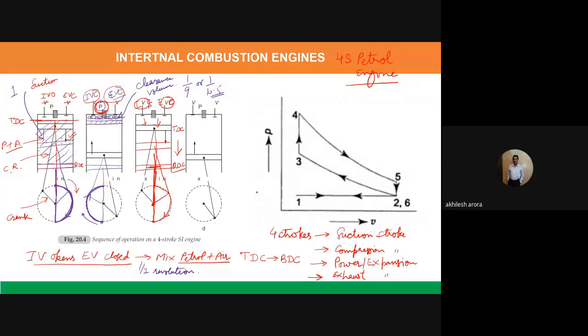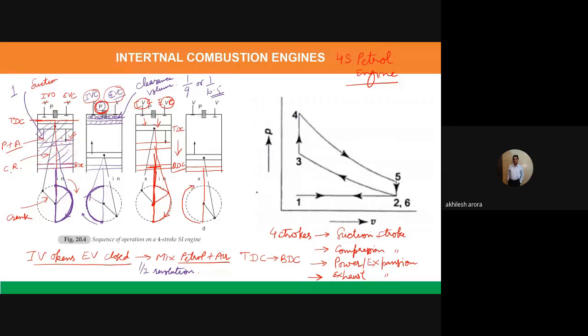Now, at the end of the power stroke, the gases have imparted their energy to the engine, so they have produced the motion. So in the next stroke, because we have utilized the energy of the gases, we need to make them go out of the engine. So what happens in the next stroke? This is the initial location. This is the BDC. This is the connecting rod, and this is the crank. The rotation of the crank further takes place for the next half revolution.